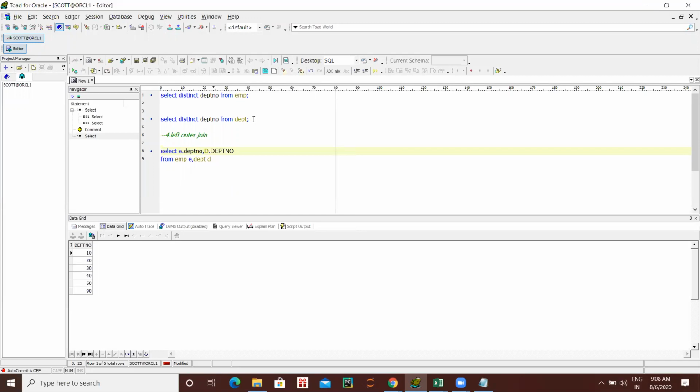In the beginning, you write distinct. Okay, now come down. When you are habituated, you can write directly in one go. I am telling you in this format because it will be easier for you.